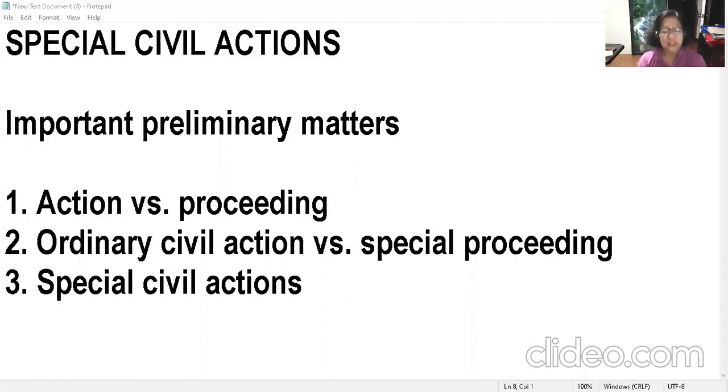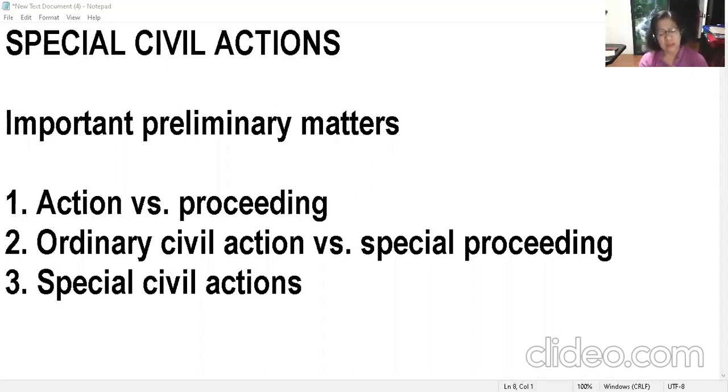Sabi dito, a civil action is one by which a party sues another for the enforcement or protection of a right or the prevention or redress of a wrong. See, ang pinag-uusapan sa ordinary civil action or sa civil action in general is right and wrong. Okay? Samantalang ang proceeding, pag sinabi nating special proceeding, wala tayong pinag-uusapan na right and wrong. Kasi special proceeding is